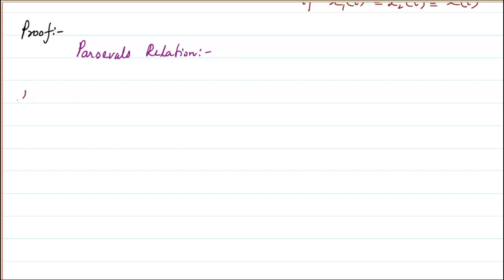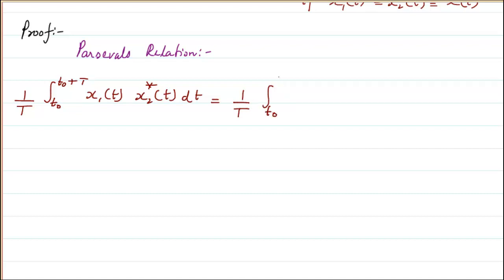The LHS was 1 by T integral T naught to T naught plus capital T, x1 of t into x2 of t conjugate, dt. Now here, if I am going to write the Fourier series expansion of x1 of t, I can write this equation as 1 by T integral T naught to T naught plus capital T